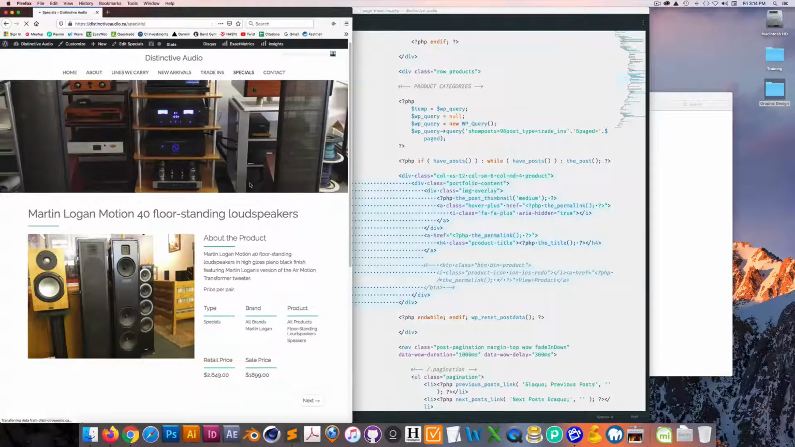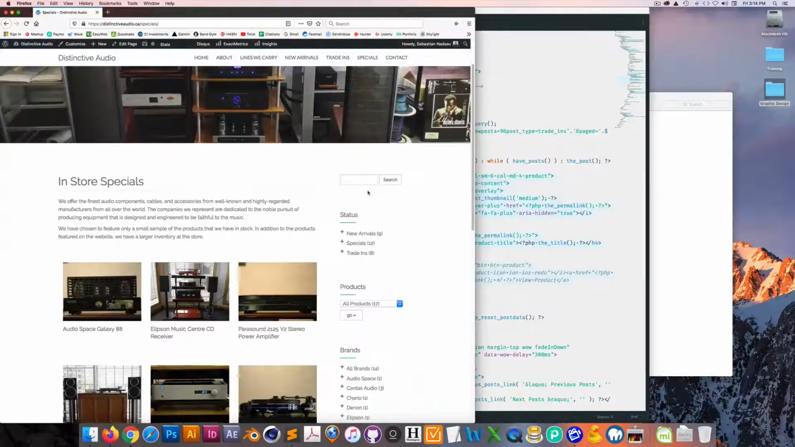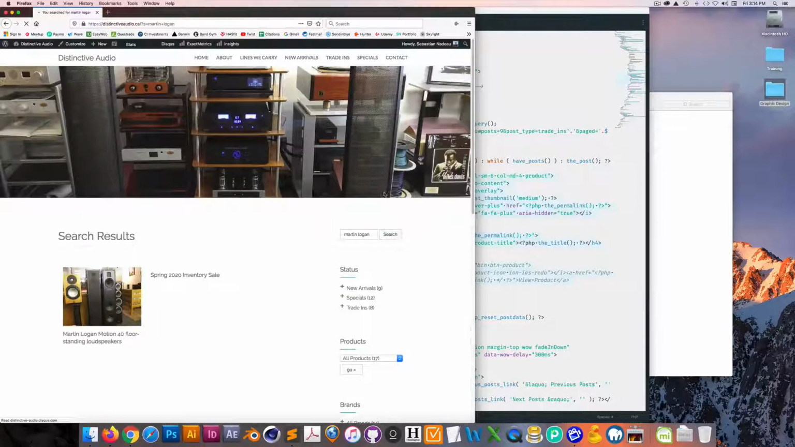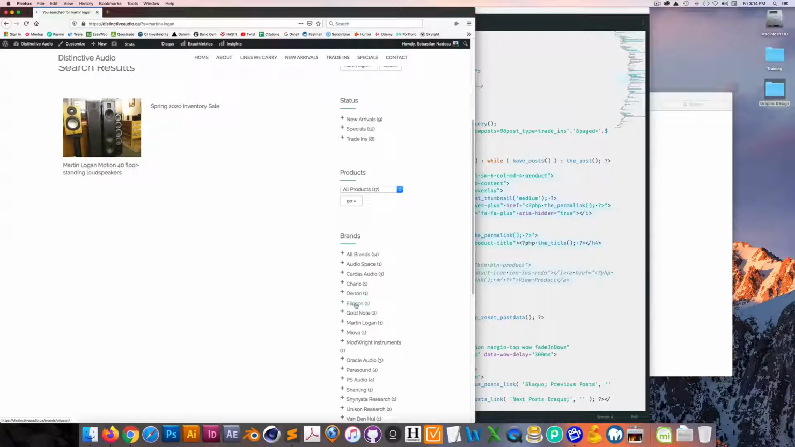And we also have a search field, so we could search Martin Logan, and we should see a product from Martin Logan. This product doesn't have an image. We should fix that. If we look at Ellipson,